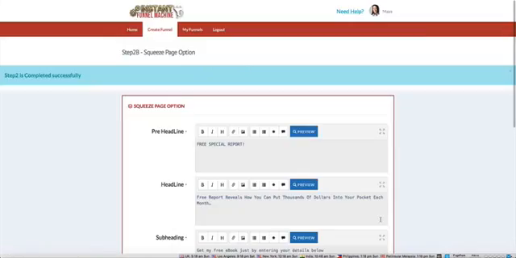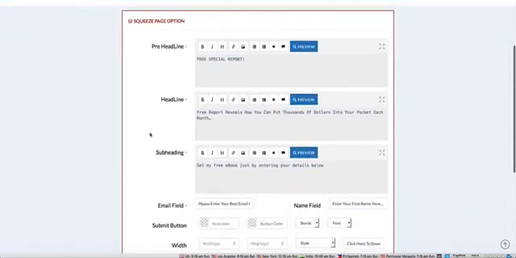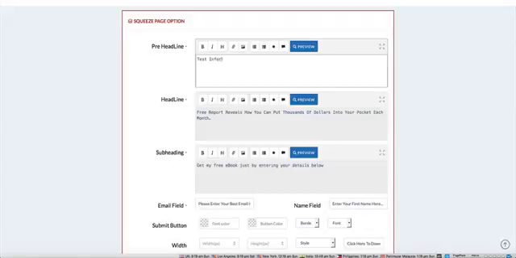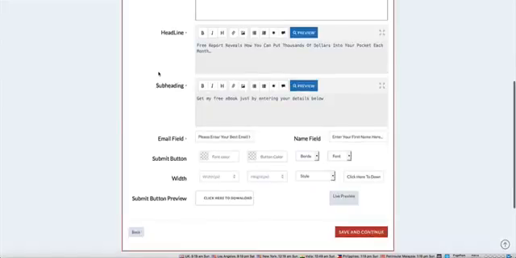So again, we're going to hit save and continue. What the software does is, from the information that we've put into these squeeze pages, they're just pre-filled so they can go in and change all this information. So we can put here test information just so you guys can see it as it changes. It puts in all the information there, and every template's different so they can change bullet points and whatever